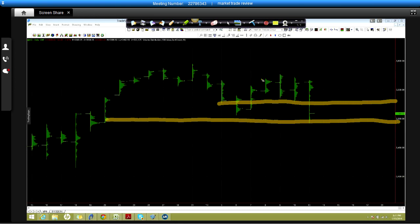So this ended up being the top, right? And I was talking about how at the tops, we would often pop above like this or pop below like this and then push back into the zone. Well, that's exactly what we got today, right? We pushed up to the top of the zone, but that